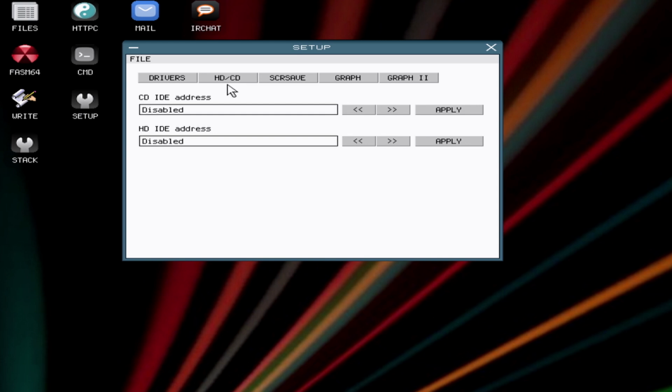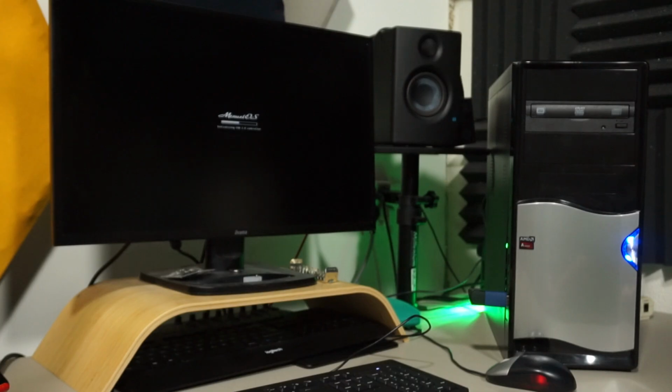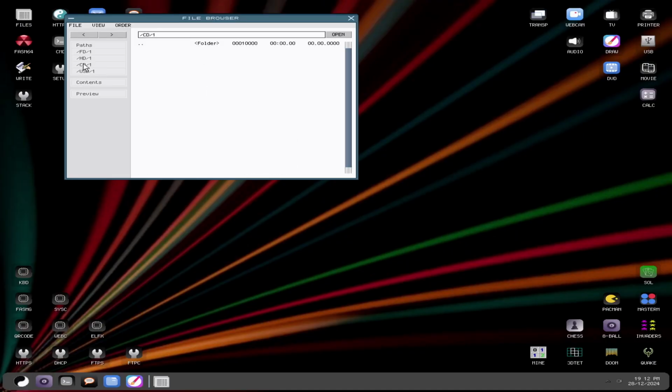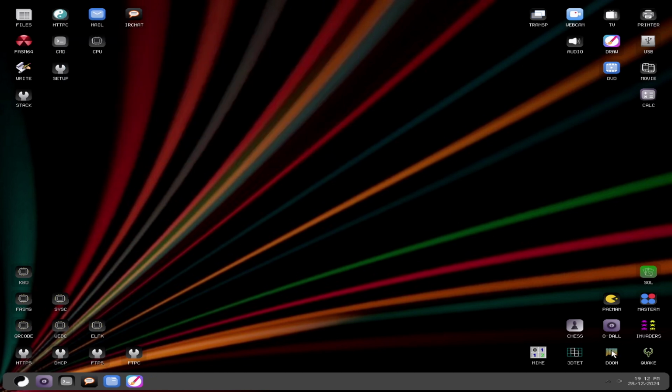Wait, you're not going to tell me this only supports IDE drives, right? Maybe a reboot with the CD inserted will help. Still nothing, come on. Maybe just try to run a game. Insert Menuet CD. It's in the freaking drive!